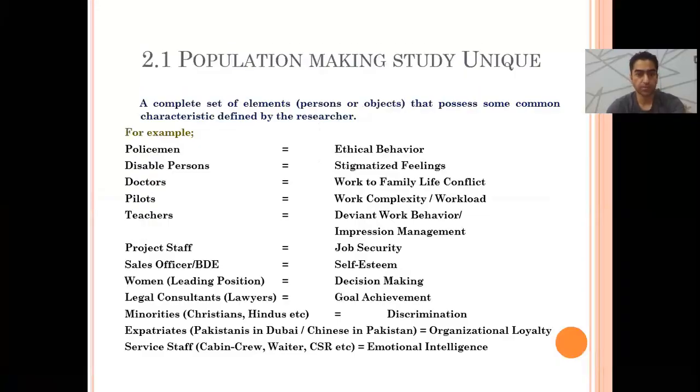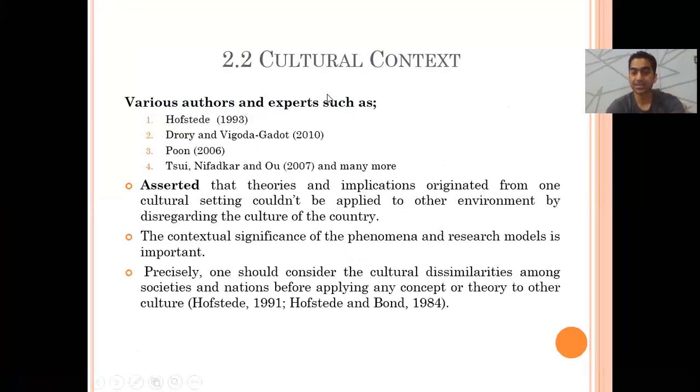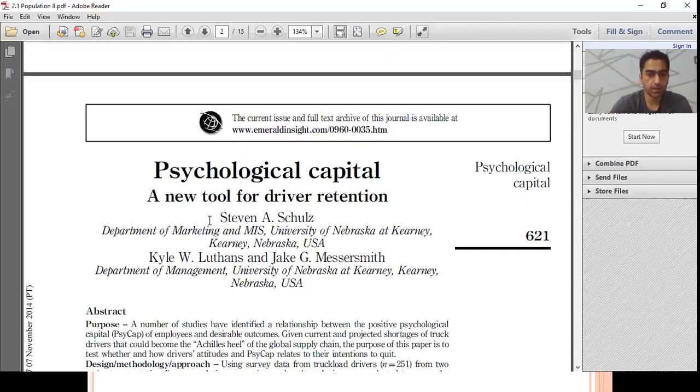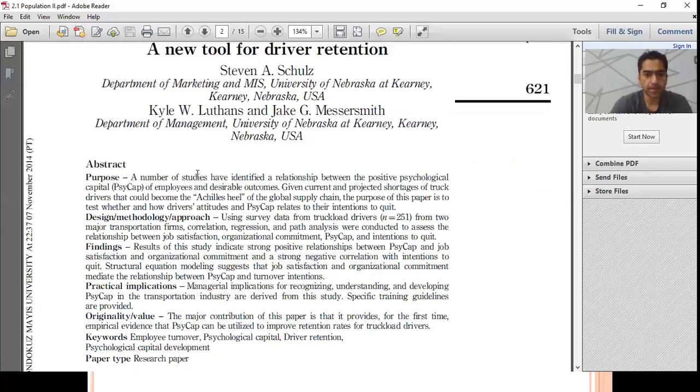So now students, moving towards the cultural context. Well, before proceeding, I got one more example for you. Here I got another paper, Psychological Capital, a new tool for driver retention. A number of studies have